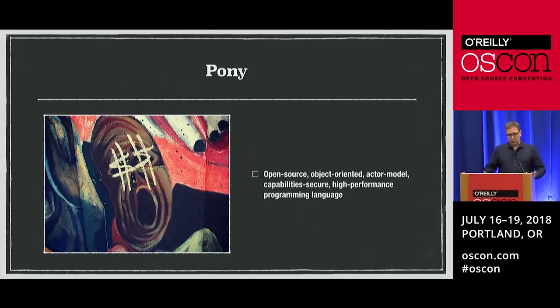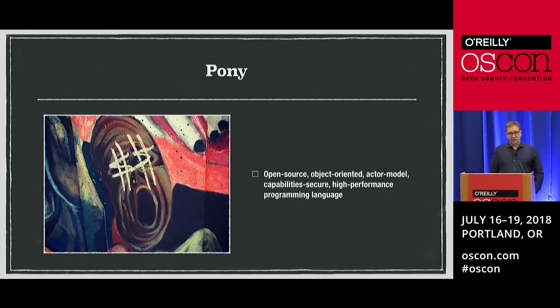Pony is an open source language. It's got a BSD, either 2 or 3 clause, license. I don't pay that much attention to the license on it. And the goals for Pony really are to be able to do things with concurrency quickly and safely. So it is a type-safe language. It has some unique type system aspects that might remind some people of Rust or something like that, which we'll get into in a little bit.